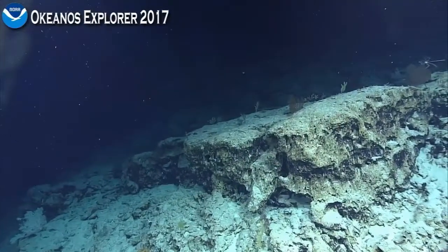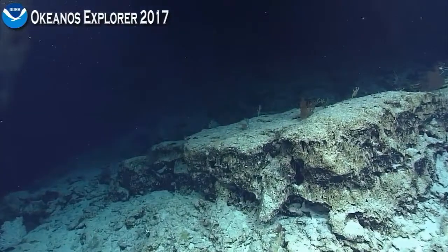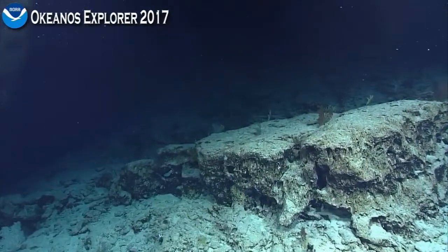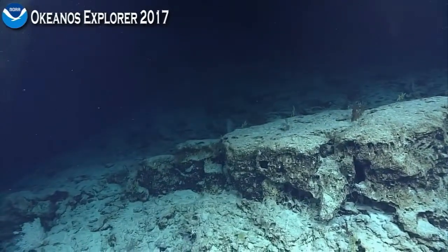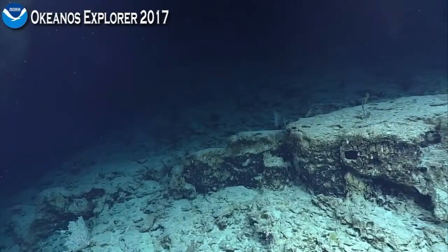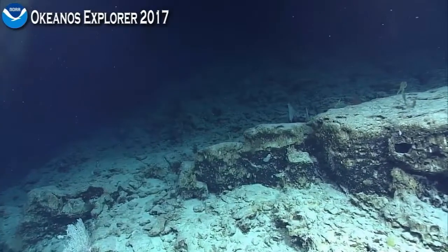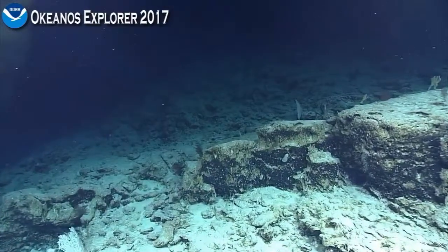We are right on the eastern flank of the seamount that Johnston Island and Johnston Atoll is part of. So Johnston Island is a very small part of the Johnston Atoll, which is the top part of the seamount. And we're right on the eastern edge, quite a ways away from the island, so we can't see it. Darn it, I was hoping to see Johnston, but...